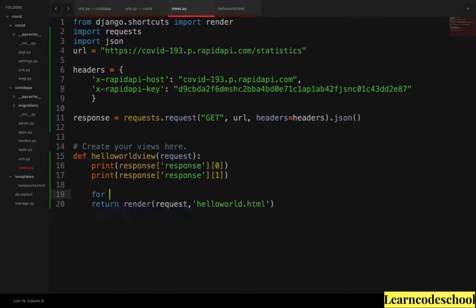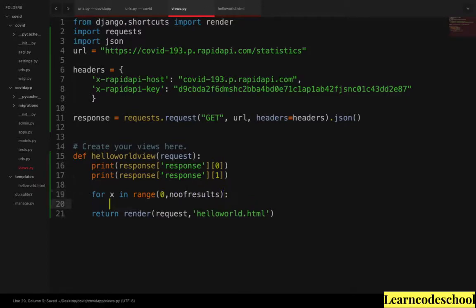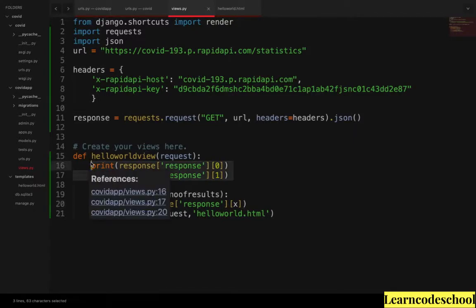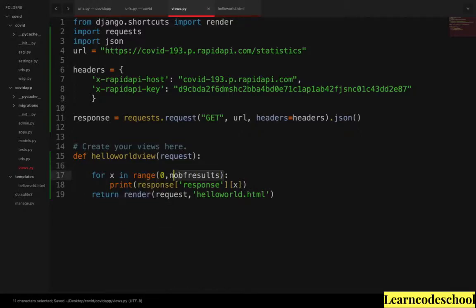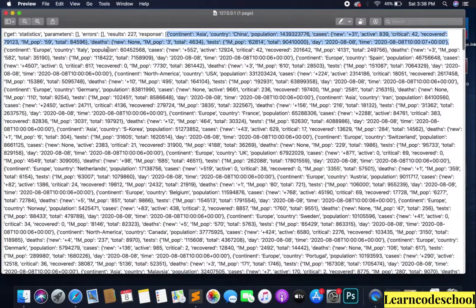So for x in range 0 to number of results, and here I need to type print response x, where x is the iterator, such that it will print all the objects. And I'm removing the above code, and this number of results is not still assigned, so we need to provide some value to that. So number of results is equal to, and that value also being given by API itself